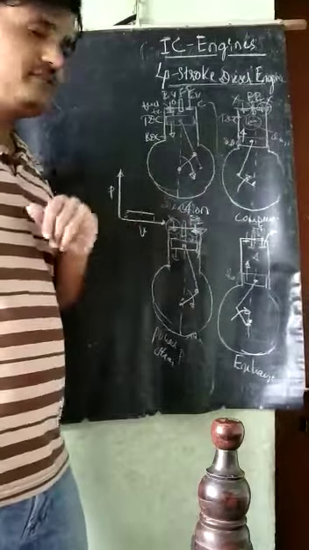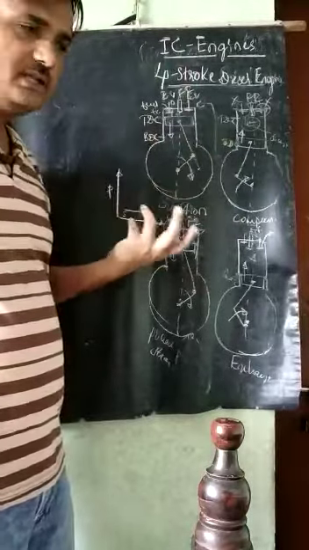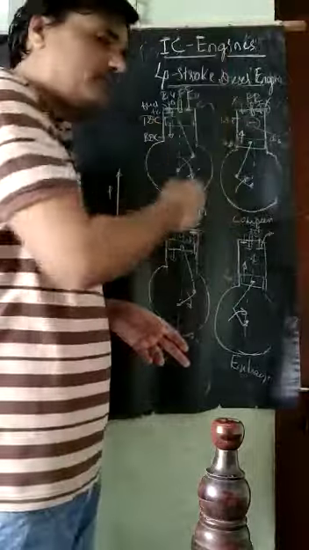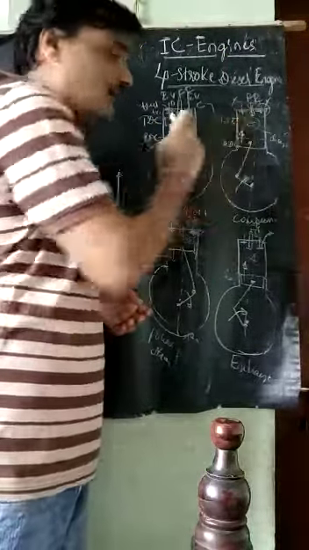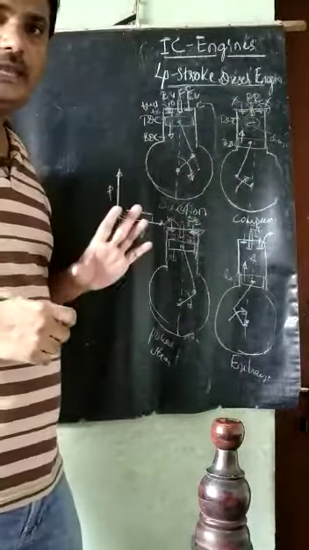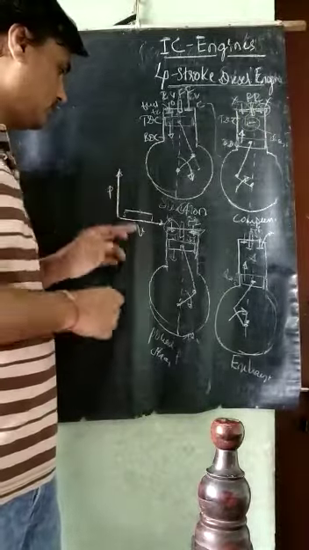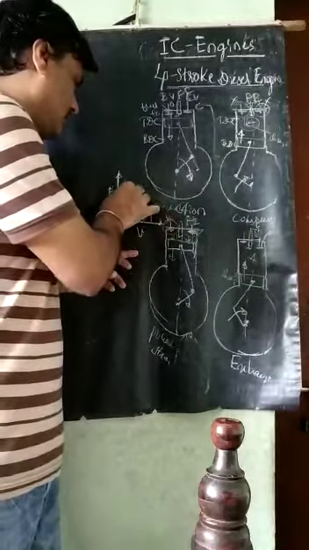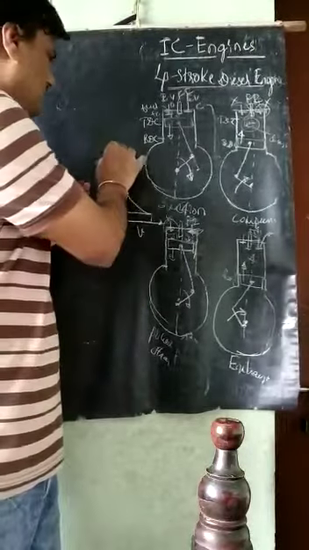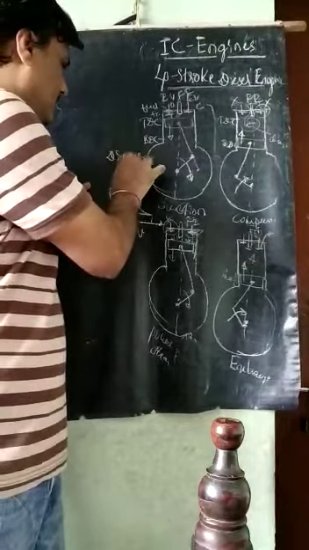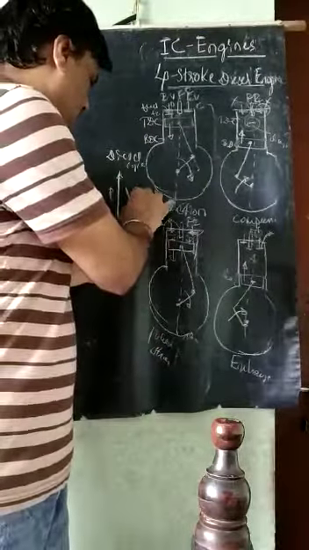Next, in the compression stroke, what happens? Same thing as in the petrol engine. The piston starts moving from BDC to TDC by the stored energy. And the important thing is both valves, IV and EV, are closed. So this is the compression stroke, and compression is taking place here. This is the diesel cycle in the PV diagram. Study the compression stroke.